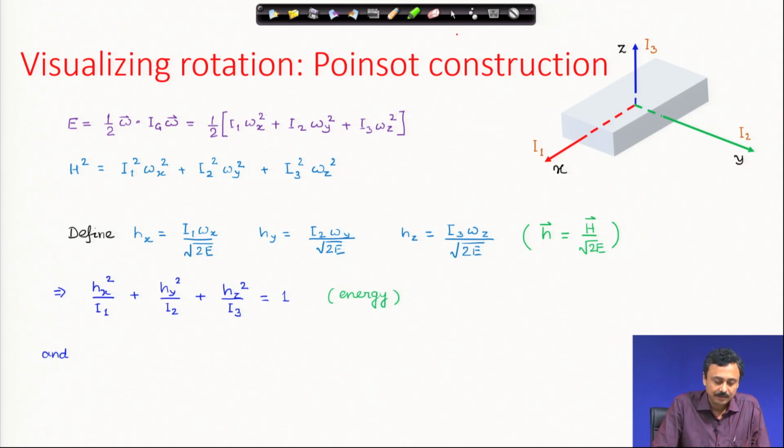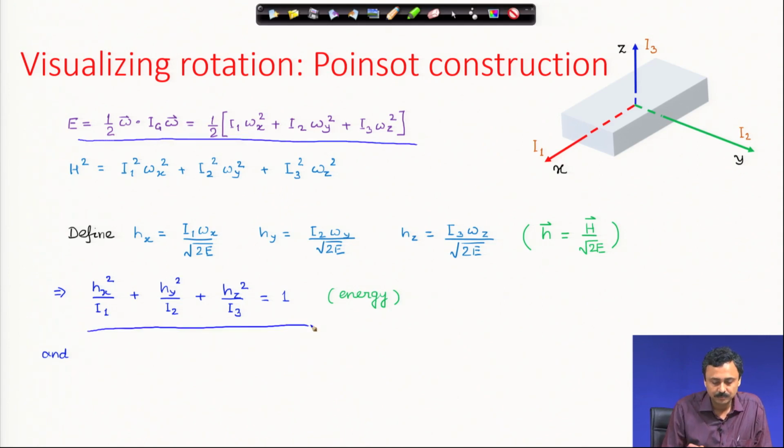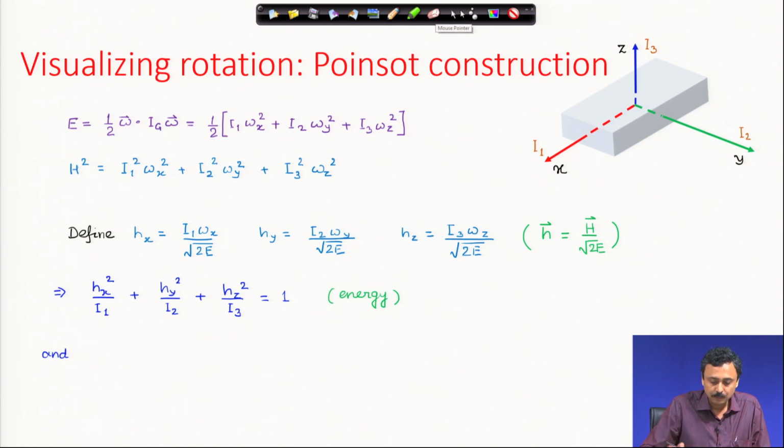With this redefinition, you can rewrite the kinetic energy expression in this form. And this is a very familiar geometric object. It is an ellipsoid with its semi axes as under root I1, under root I2 and under root I3, where remember I1 is the smallest, I3 is the largest and I2 is intermediate. Therefore, we have an ellipsoid which represents the energy conservation constraint,